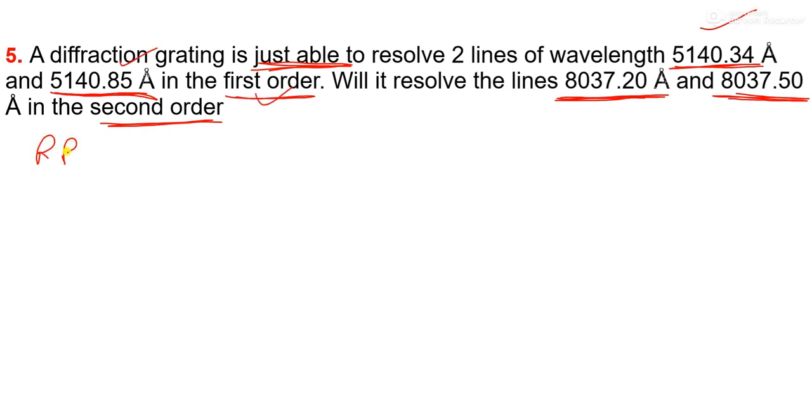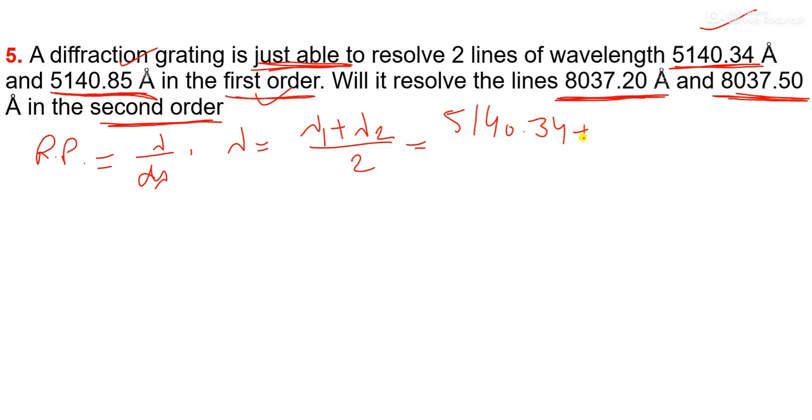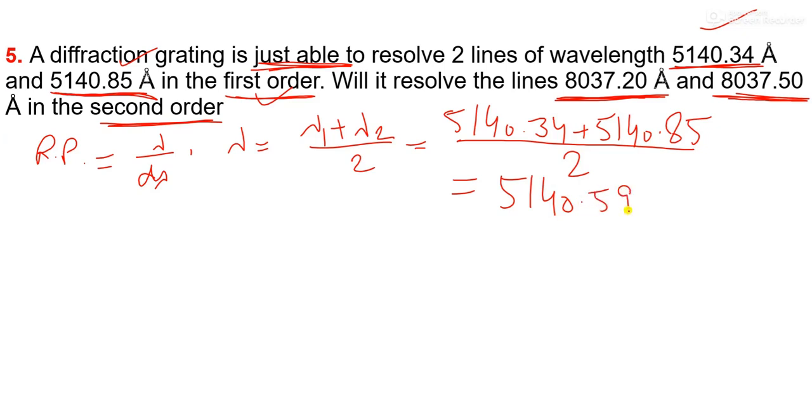So the resolving power of this grating equals lambda upon d lambda, and lambda is the average of these two wavelengths, lambda 1 plus lambda 2 by 2, meaning 5140.34 plus 5140.85 by 2, and this is equal to 5140.595 angstrom,